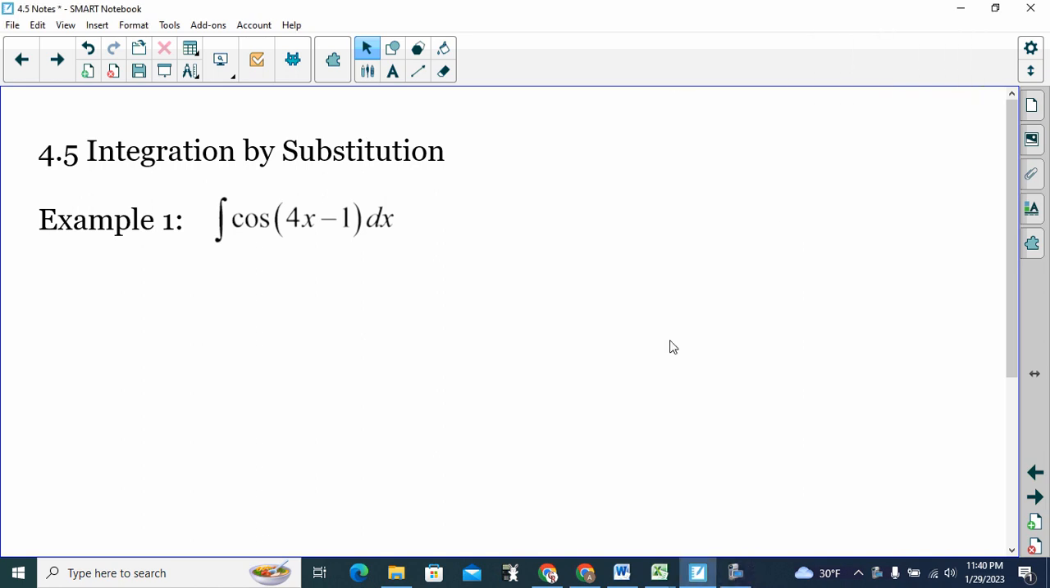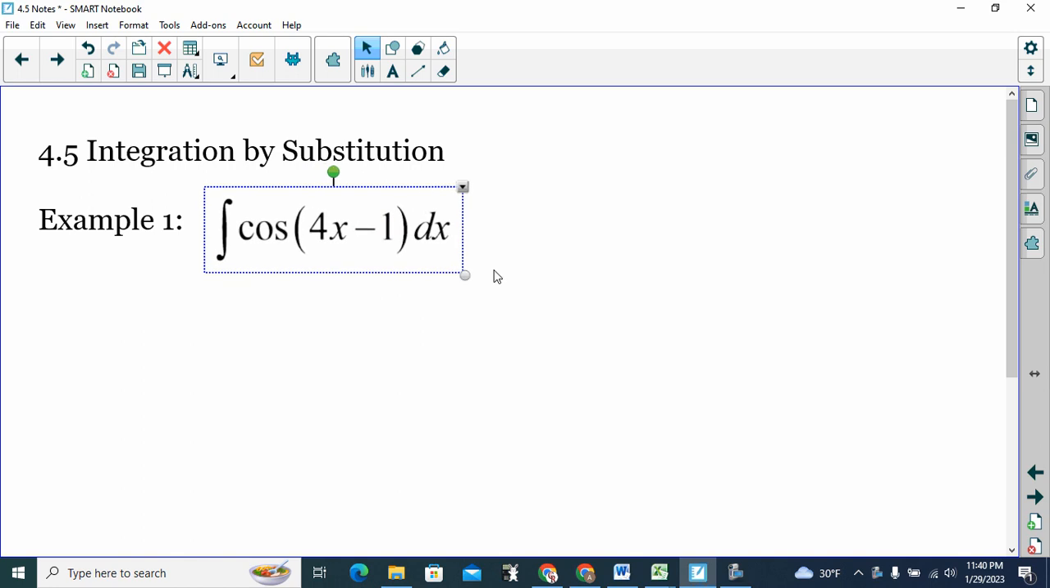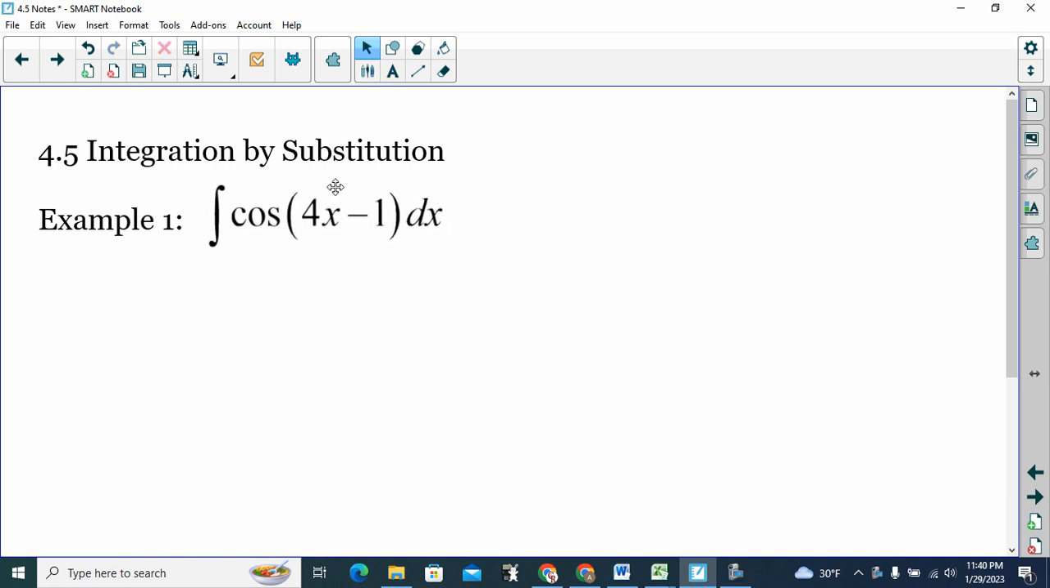We're starting section 4.5 today, which is on integration by substitution. The first time we work through this process, it is going to seem completely foreign. You'll get the hang of it. I'm certain of that. So example 1